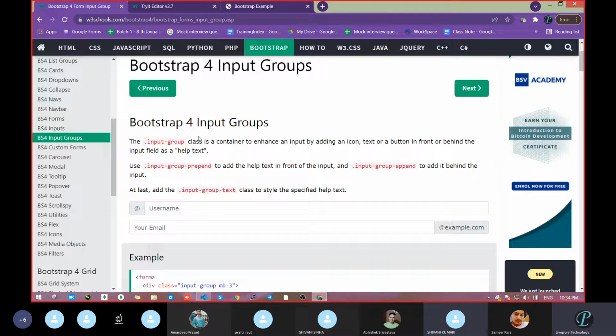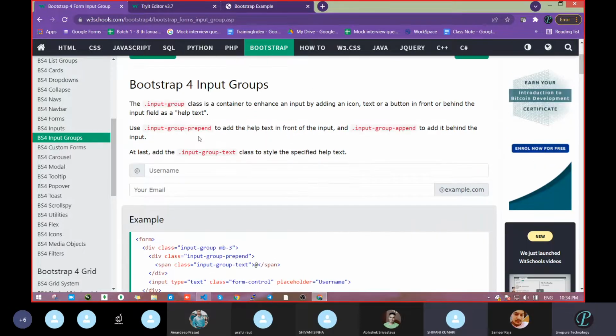So next is again the same thing, input, but now we are going to group it together with something like the at-the-rate symbol. Previously we were writing a label, like enter your name or something like that. Now we are going to show a symbol, then username, email ID. Many times if you log into Outlook or Microsoft, you will see something like at the rate outlook.com or hotmail.com.